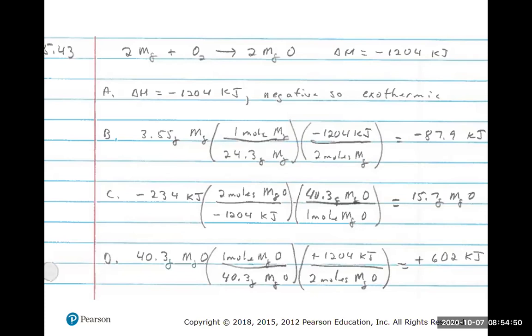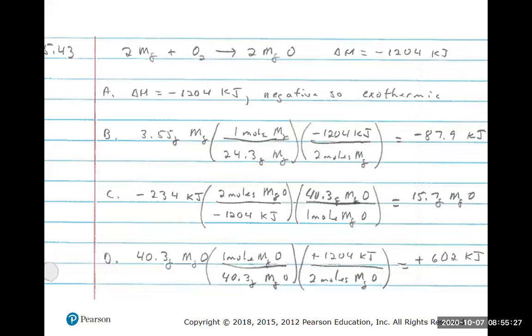If you recall, one of the things we talked about is if the reaction going this way is minus 1204 kilojoules, the reaction going the other way is the same magnitude, but the opposite sign. So this is exothermic going from magnesium plus oxygen. If we're decomposing magnesium oxide, then we're going to have to put energy into that. And so that won't be exothermic, that'll be endothermic, so the sign will change. So that's why when we go to the bottom here,